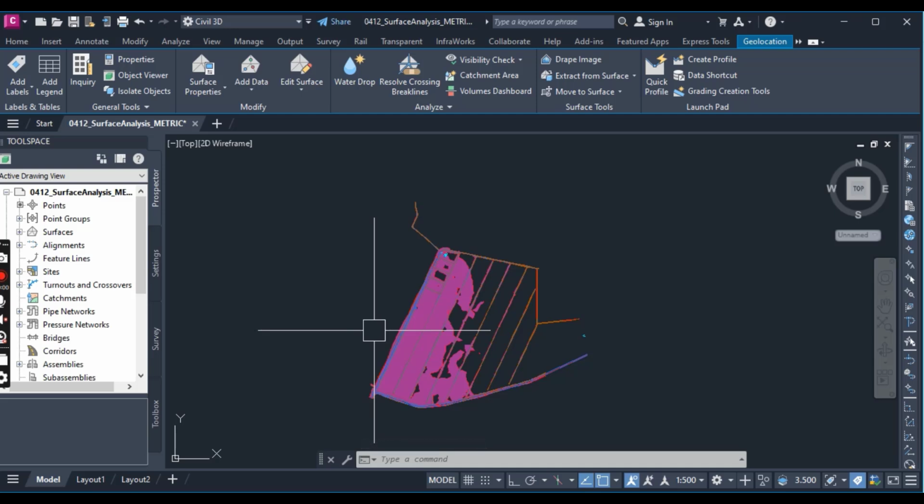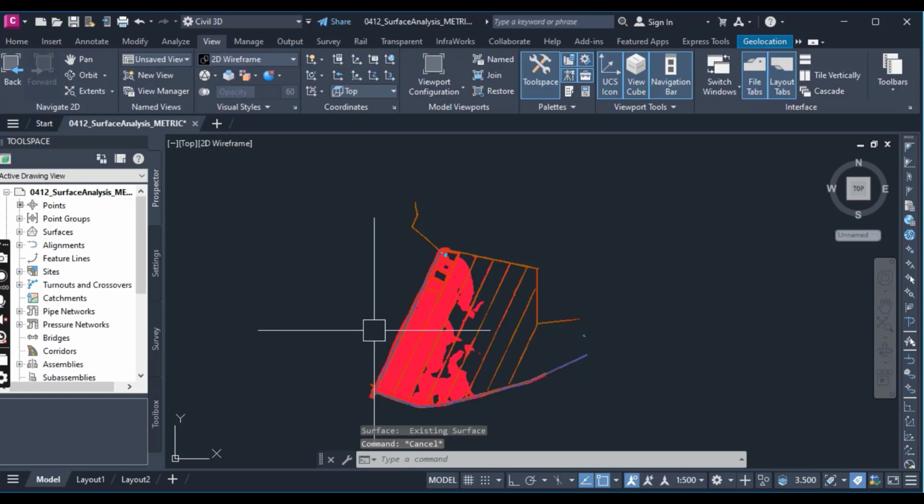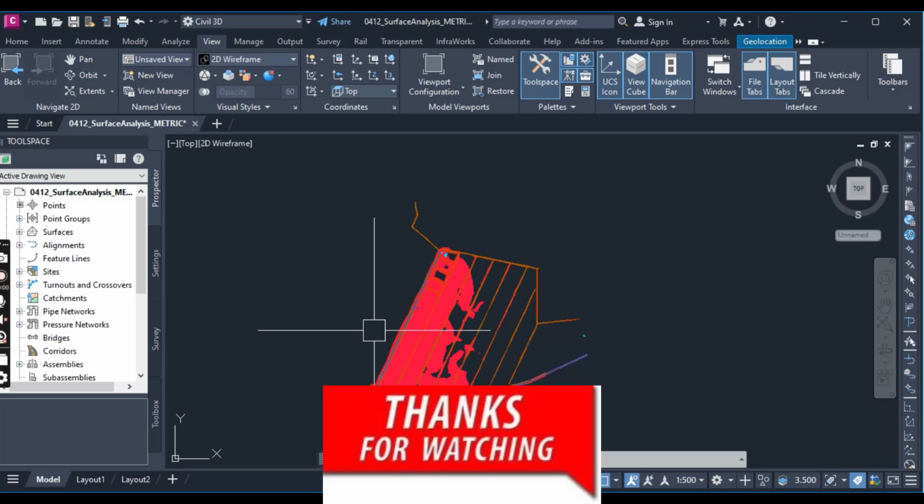Understanding the surface from a vertical direction is very helpful, but many times the slopes are just as important. In the next section we will take a look at using the slope analysis tools in Civil 3D. So stay tuned for